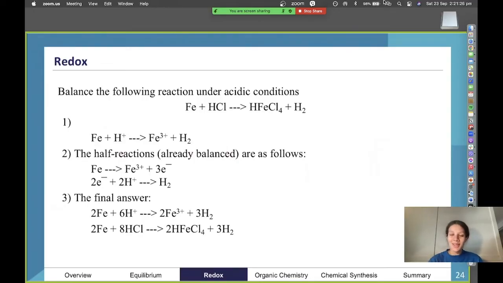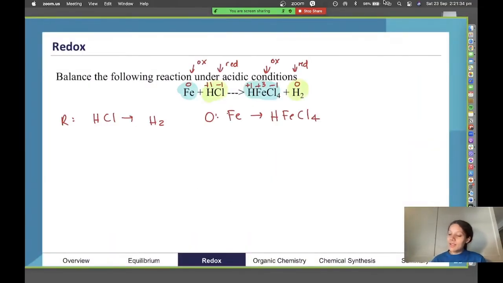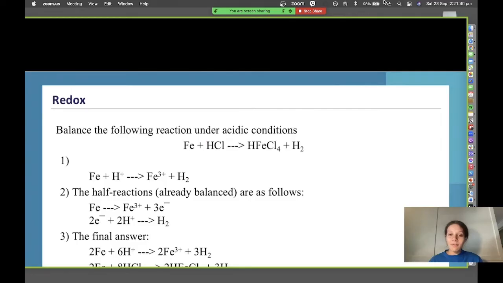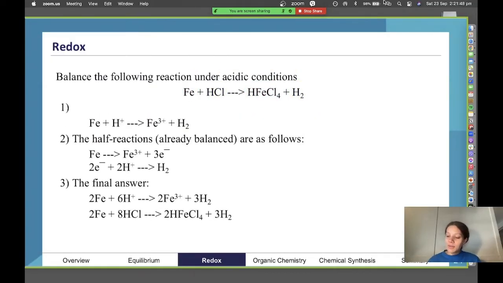Here, instead of considering Fe to HFeCl4, because if we're going to try and balance HCl and H2, we don't have Cl on both sides, that means we're going to just work with the ions. So we have Fe turning into Fe3+